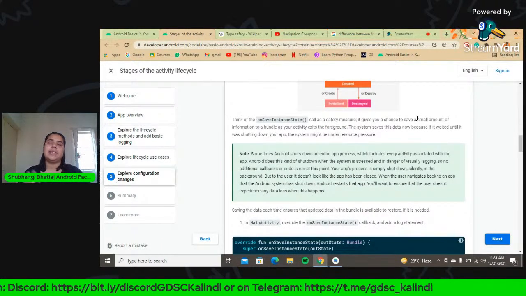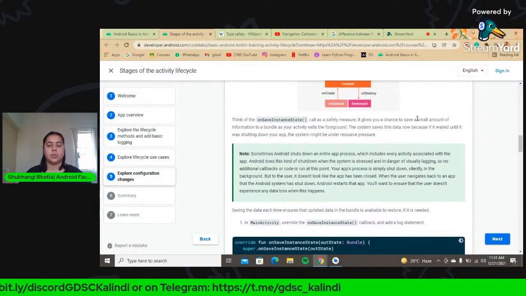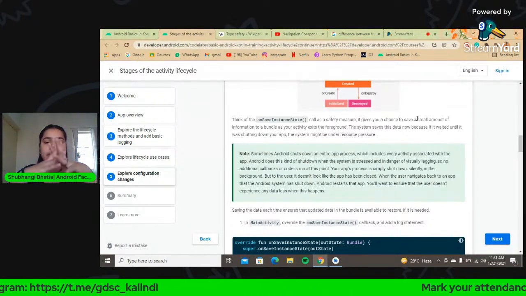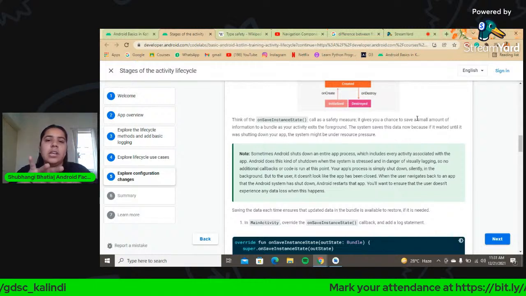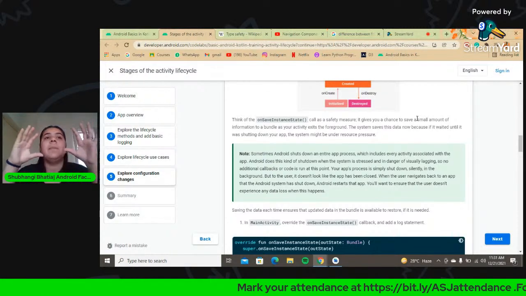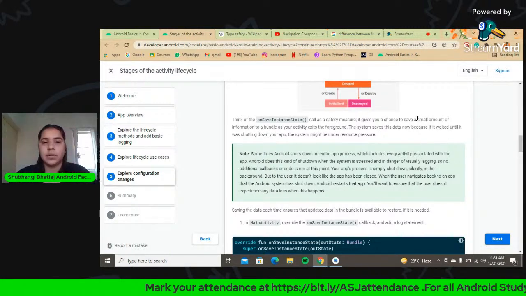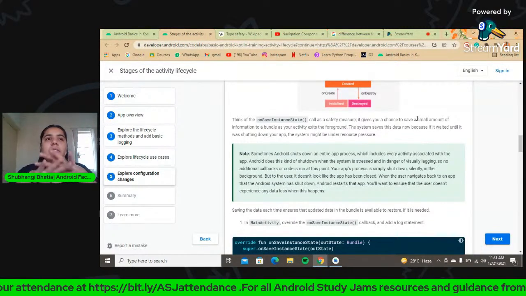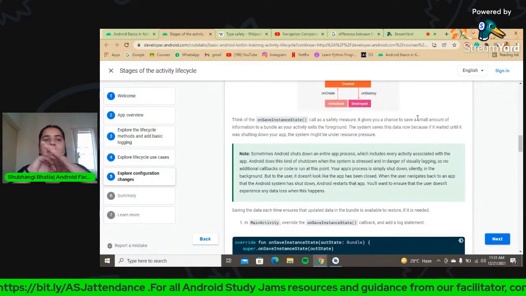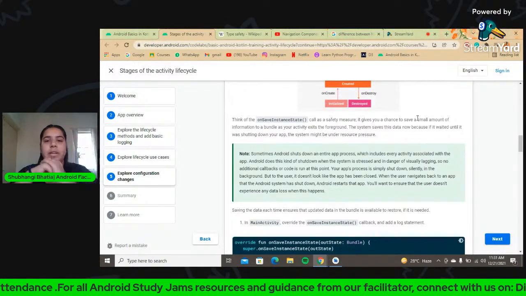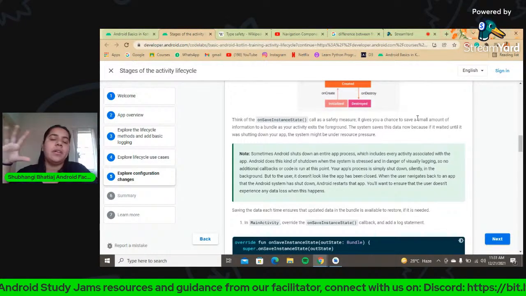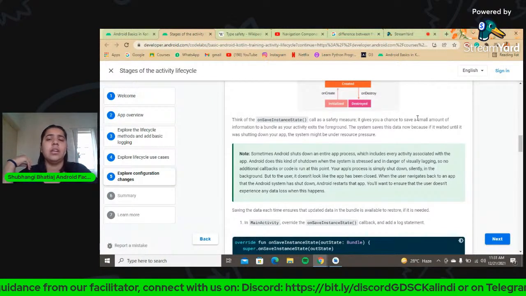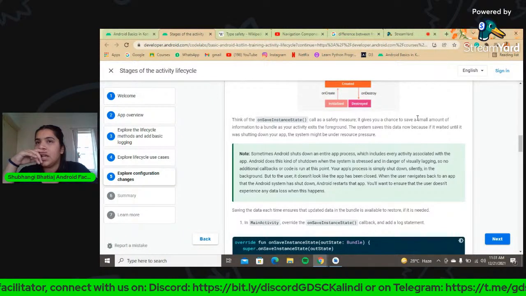Okay. It doesn't mean you can save a very big chunk. It just gives you a chance to save a small amount of data to something called a bundle. We will study the bundle, where the data is being saved, ahead. When the activity is leaving the foreground, is going back into the background or is being destroyed or whatever, that small amount of information can be stored in your bundle. And this is because